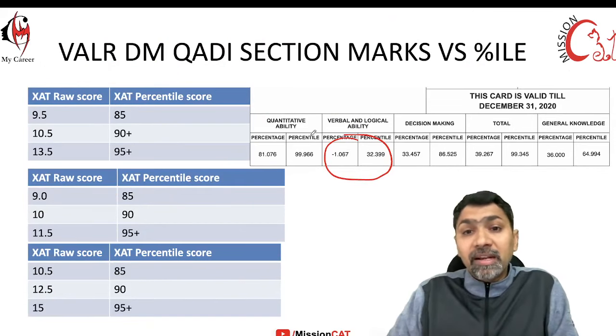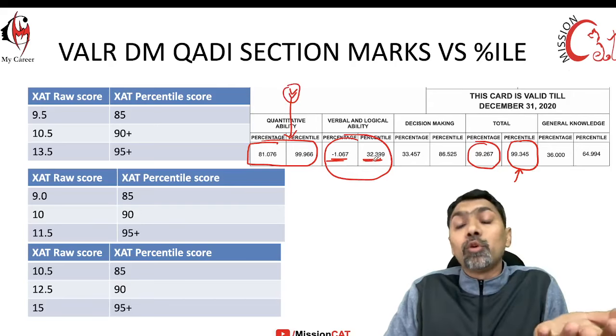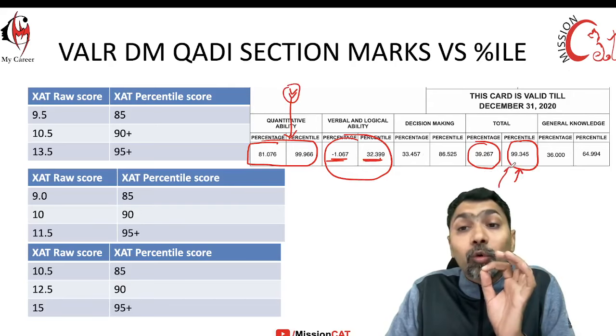Right, minus score, the percentile is 32, right? You see here the total score and the percentile is 99.9, because this person has done so well in this particular section, right? So a test match is like this. If you are able to do so well in this section, even if you don't win the match, you get a very good overall percentile.